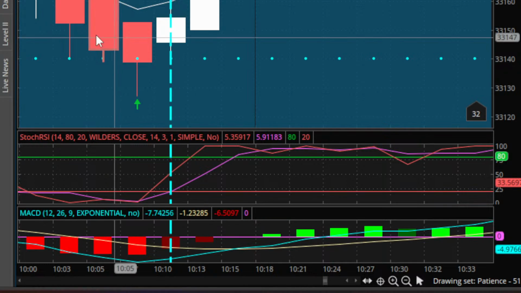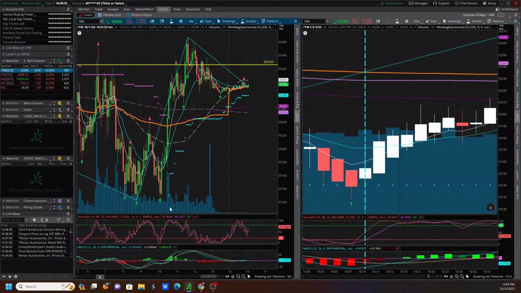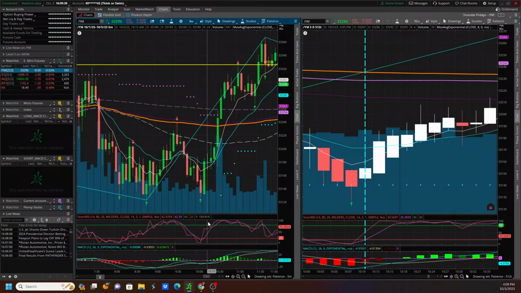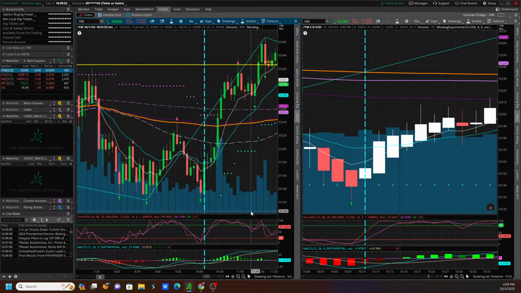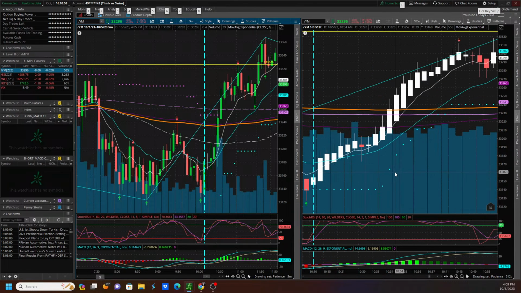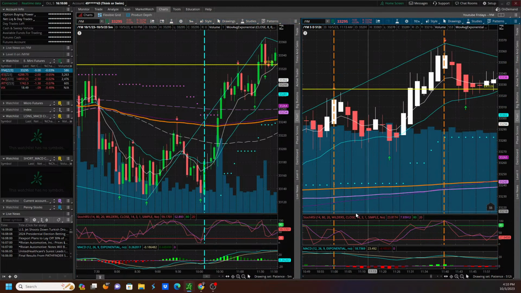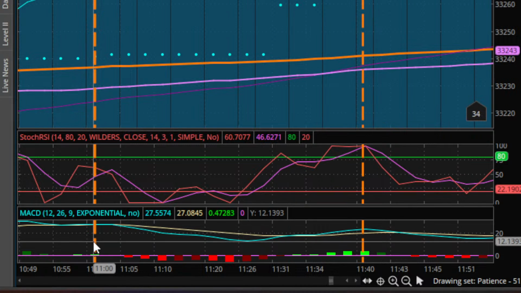So on the tick base side, I'm going to look for the 10:10 a.m. candle. All right, let's look for 10:10. So 10:10 would have been this candle right here. Okay. And I will make that a thick line again so you're able to see it. So 10:10. All right. And then on the tick base side, I'm going to look again at our two exits. On our two exits on the tick base side, I would have exited at the 11 o'clock candle